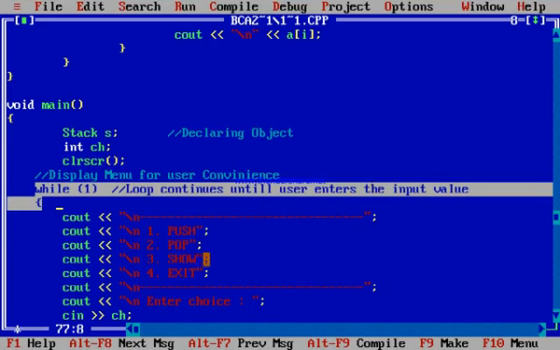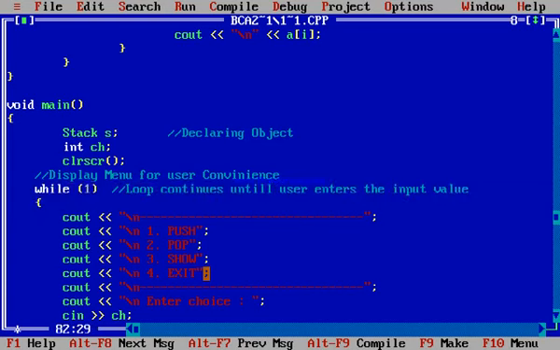Means when the user enters the fourth number as a choice, only then will the program be terminated and come back. Otherwise the program will run continuously and keep asking the user for a choice. That's why the while one is here.